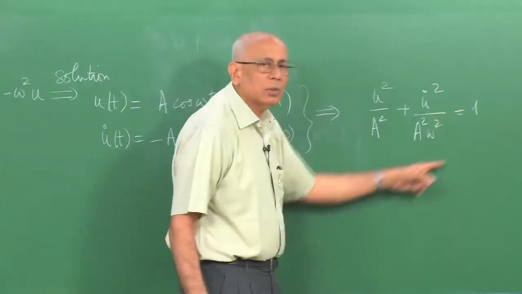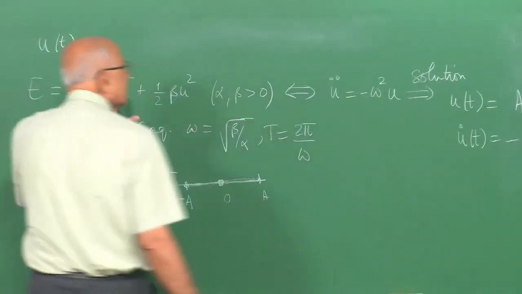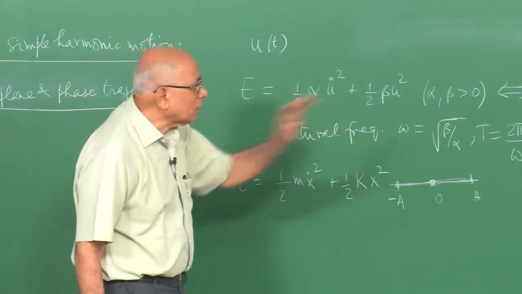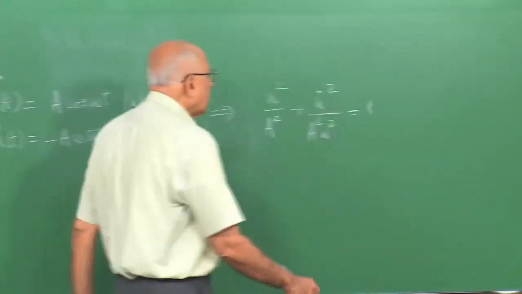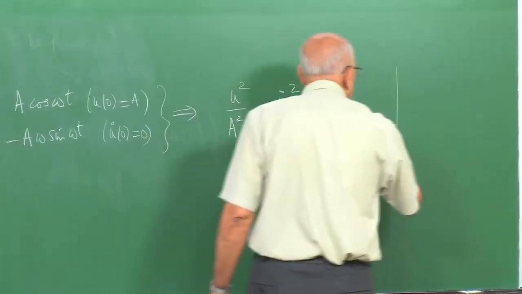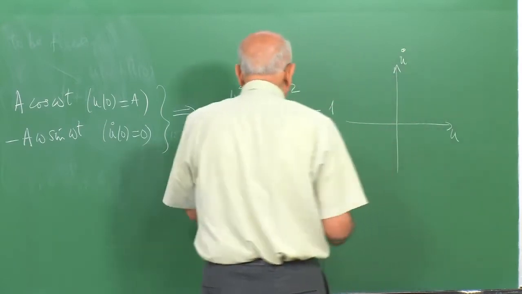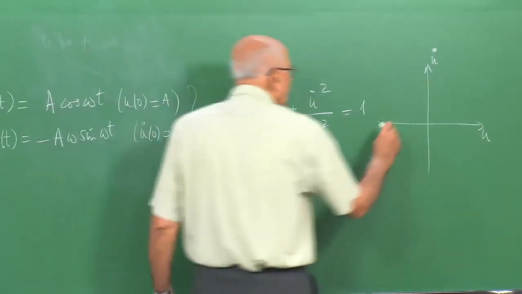This thing here must be true at all times, and you see it is already present in this equation independent of what the particular solution was. Of course, you will immediately say that if I plot u versus u dot, so I plot u here and u dot here, then this curve is the equation of an ellipse, a well known equation of an ellipse, such that